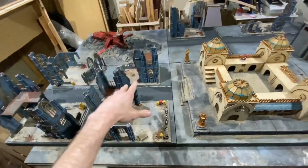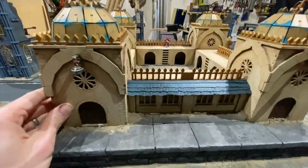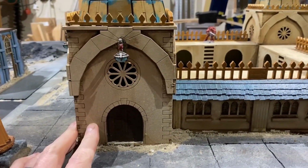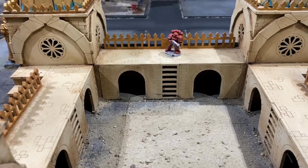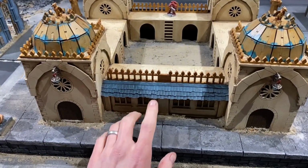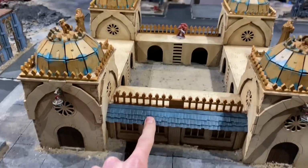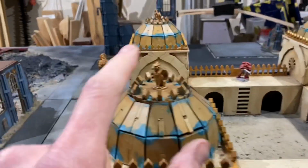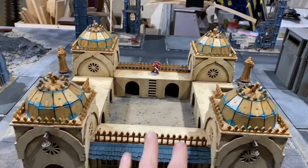And I want to take a look at the different elements. So this is an MDF kit that I painted using my MDF painting guide. This is from TT Combat. It's the cathedral piece. You can see from the Old Brother Scale Marine just how big it is. It's the basic kit with some added cardboard detailing here in terms of the tiles, just made from cereal box. Some old 40K kit additions here, just some gargoyles and things 3D printed to jazz up the rooftops, just to make them look a little fancier,